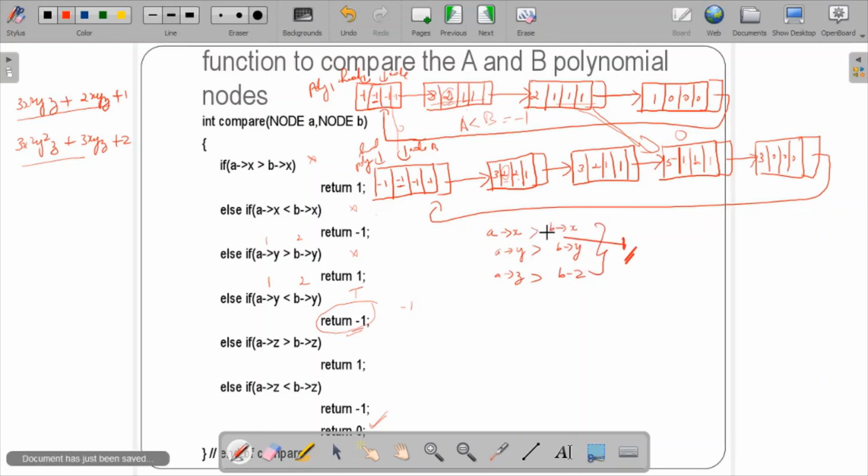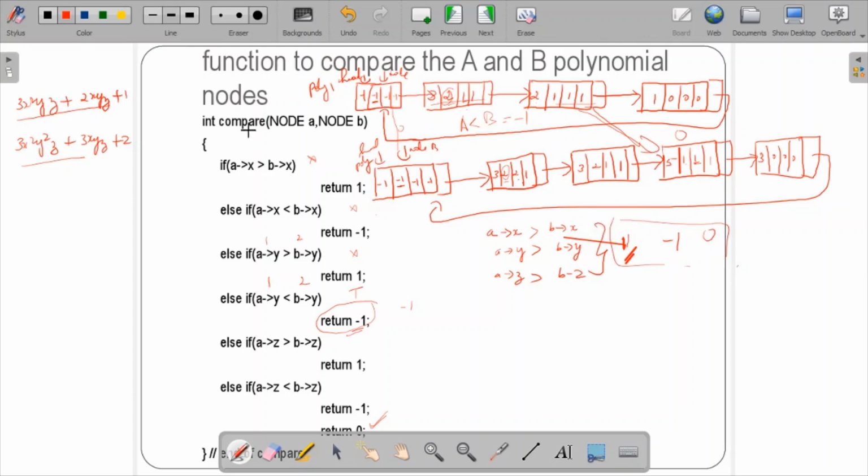In case all these are less, then it is -1. In case both are equal, in the sense this is equal to this, and we got all this, then it is 0. So you have to remember these 3 cases while you're writing the function to compare node A and node B.